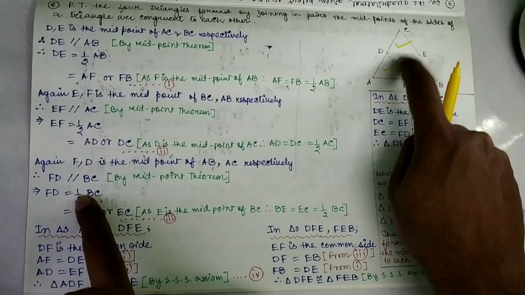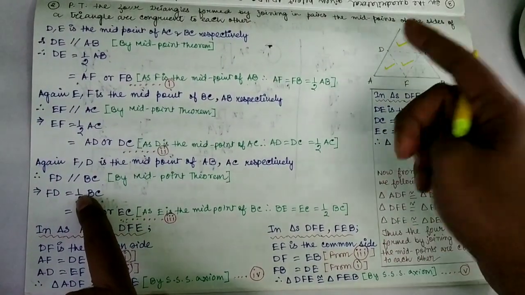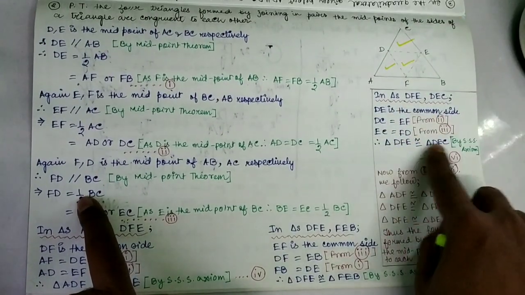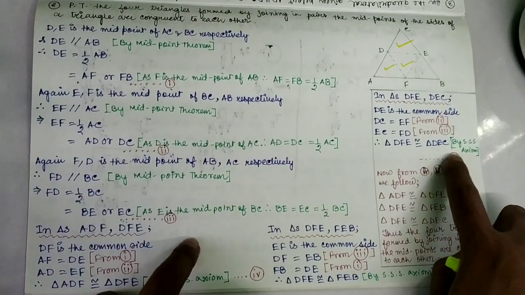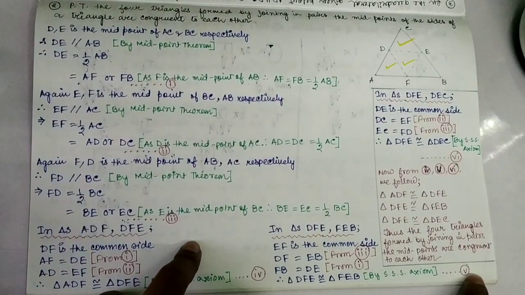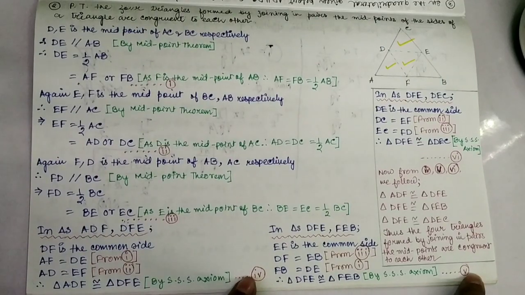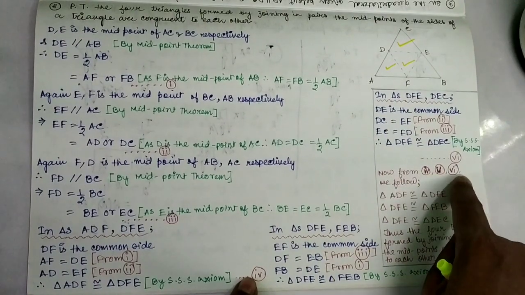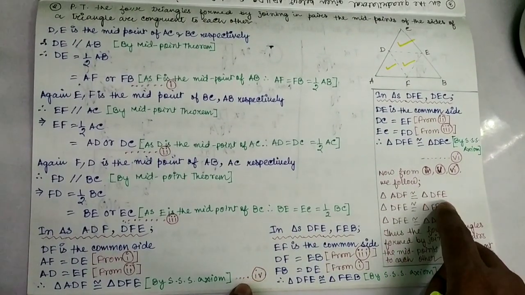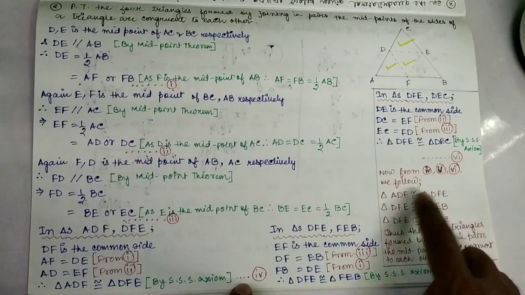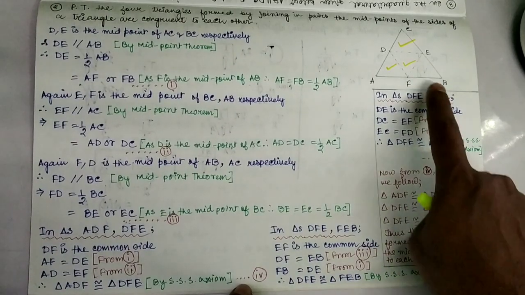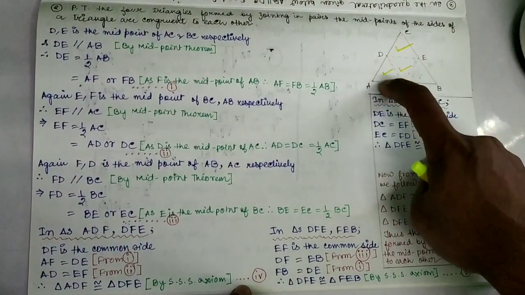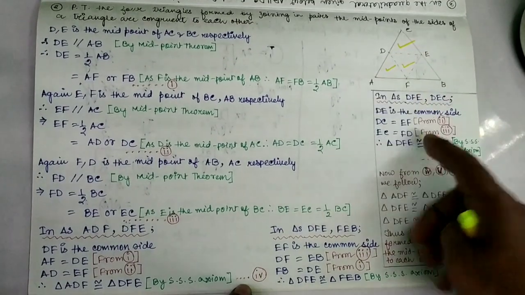So again for these two triangles we have got 3 sides which are the same in both the triangles. So by which axiom will they be congruent? They will be congruent by SSS axiom. Now see, here I have marked this as 6, the previous congruency was marked as 5 and the previous one was 4. Now if we sum these 3 points, 4, 5 and 6, you all can see that ADF was congruent to DFE, again DFE was congruent to FEB, again DFE was congruent to DEC. Means all these triangles are congruent to this triangle. It means that all the 4 triangles are congruent to one another.